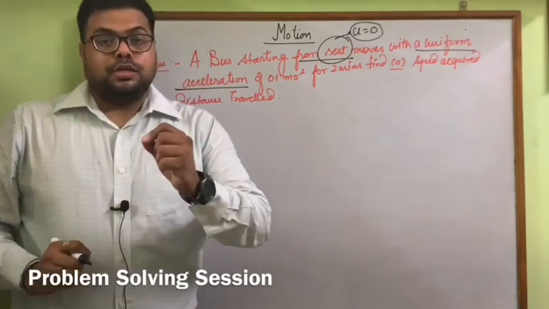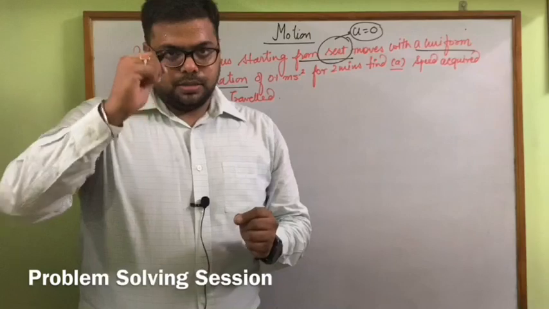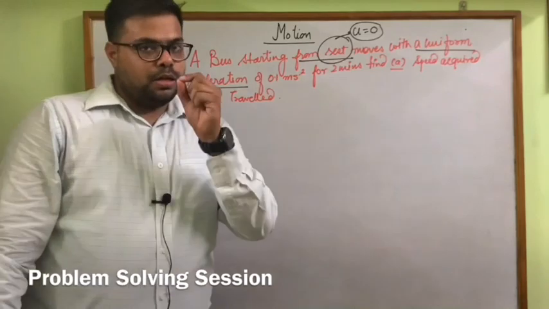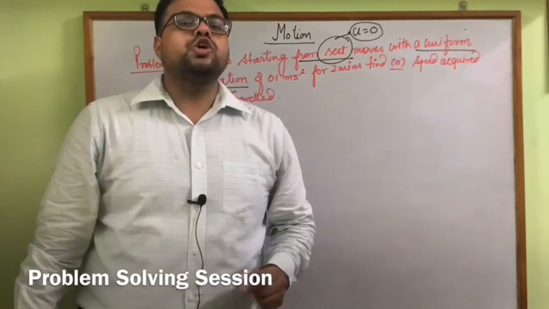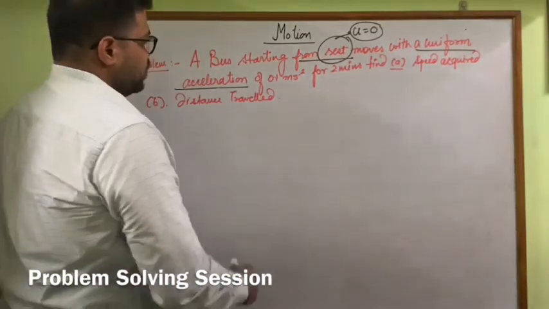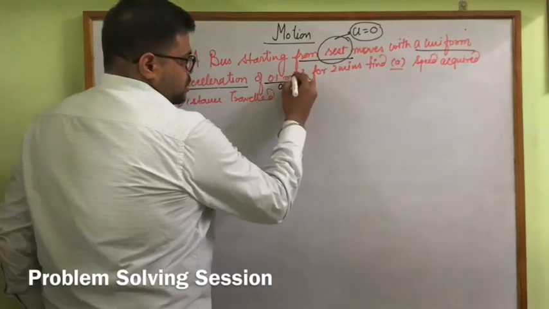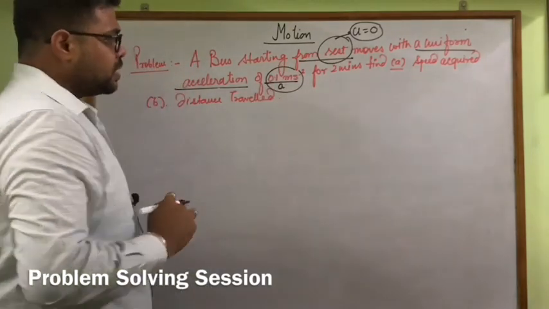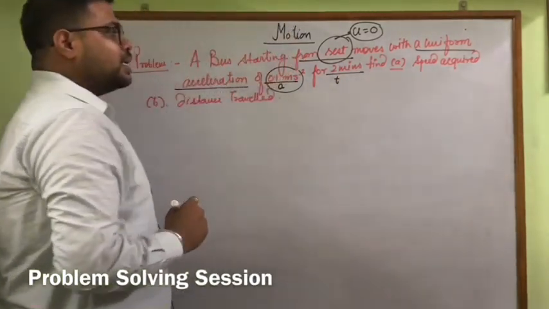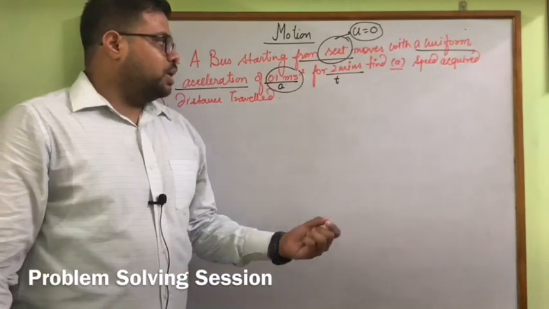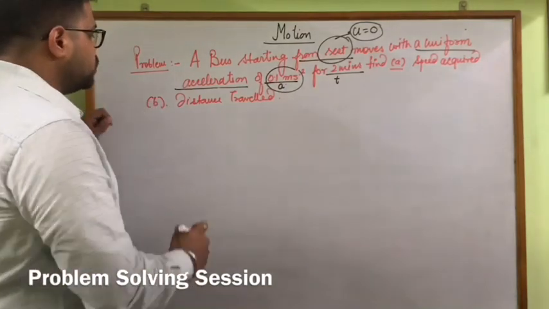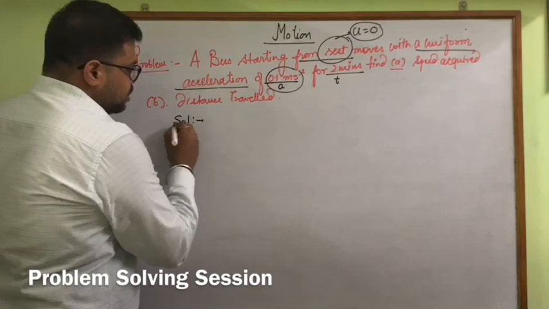I remember to you, all equations of motion are valid when the motion is under uniform acceleration. It is a must condition, please remember. So uniform acceleration means here a is 0.1 meter second inverse square for 2 minutes, t, time already given. Then in this question we are going to find the speed required and the distance traveled. So the best way to solve the numerical is to divide the numerical into parts.